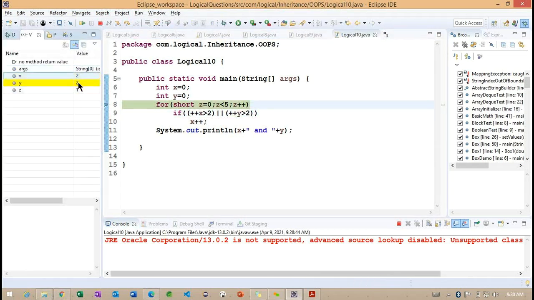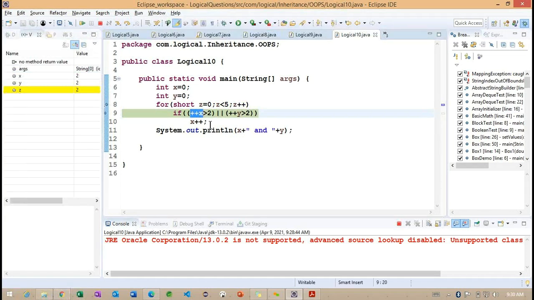Now you can check here. x value 2, y value 2. So again I am running it one more time. So the z value will become 2. Now you can check here what happens internally. The x value is going to increase to 3, and after increasing to 3, the condition is going to be satisfied. Getting the point? Once this condition is satisfied here, what happens internally? The x++ is going to work here. So now see, the x value will become 3, right? So whenever it is running, it will become 4.